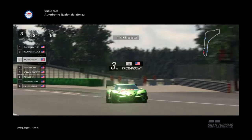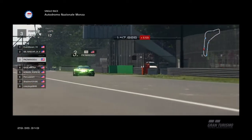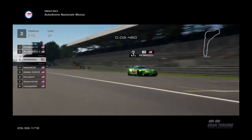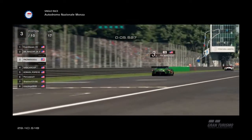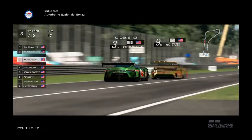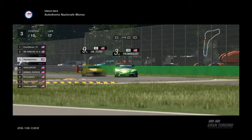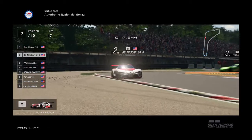Pac-Man, who started second, your championship leader, went for a lap 1, turn 1 move. Didn't pay off, then ran wide out of turn 2, the second part of the first chicane. Hit the gravel trap, fell back to 7th. Crawled his way out of the hole, back up to 3rd by lap 9. And since then has just been trying to hunt down Bill Baldwin in 2nd, who early on had a really